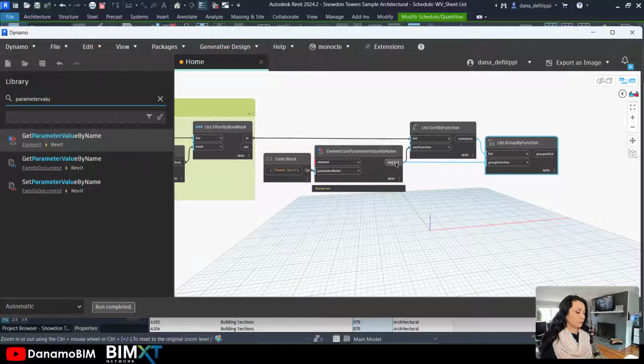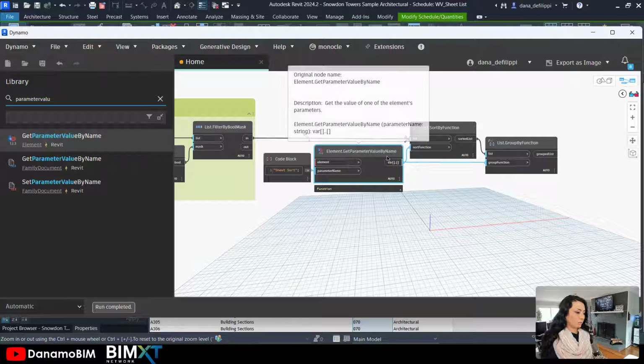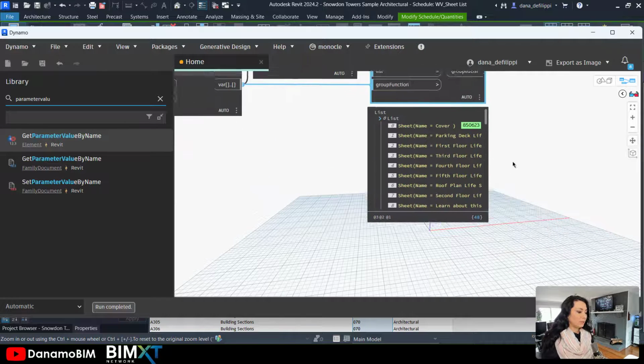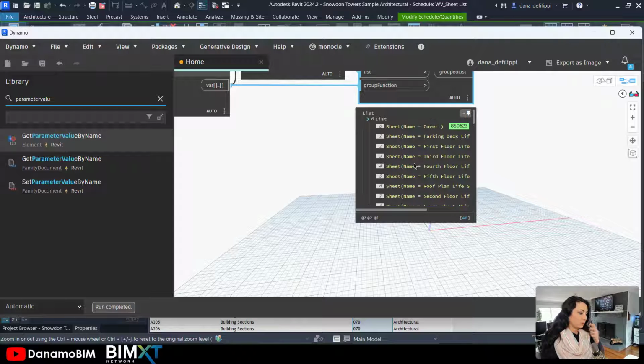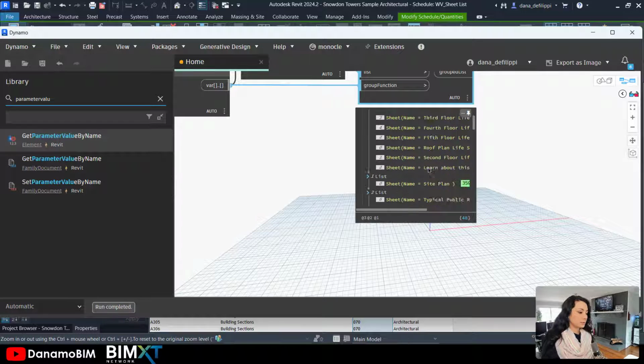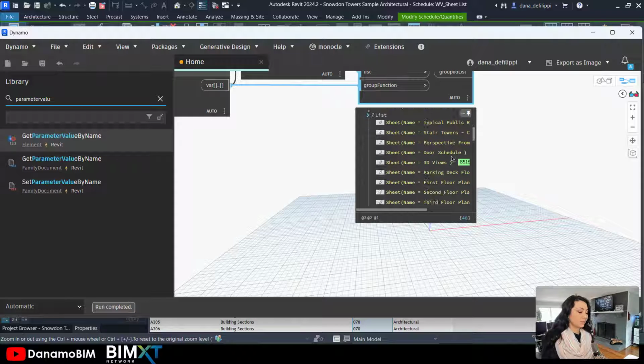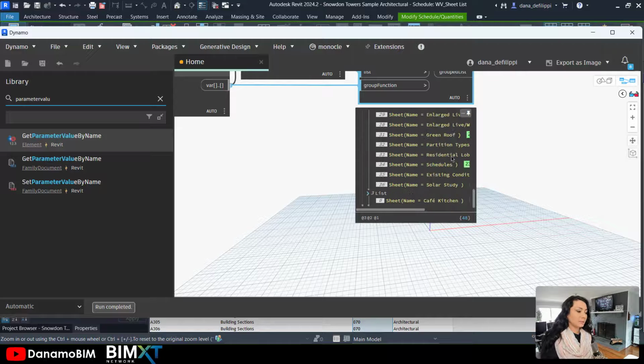So I can just use that same output from my Element.GetParameterValueByName node into my group by function. And then we can see we have our general sheets, our architectural, which is 040, our architectural at 070, and lastly, we should have our kitchen, just like our